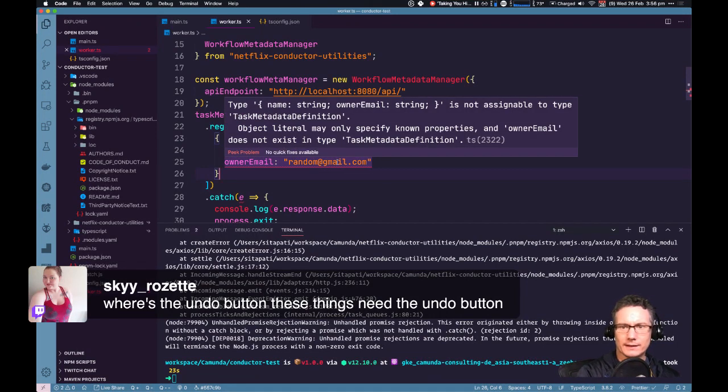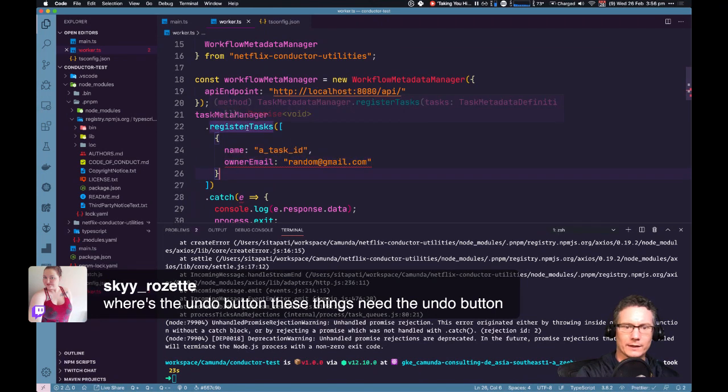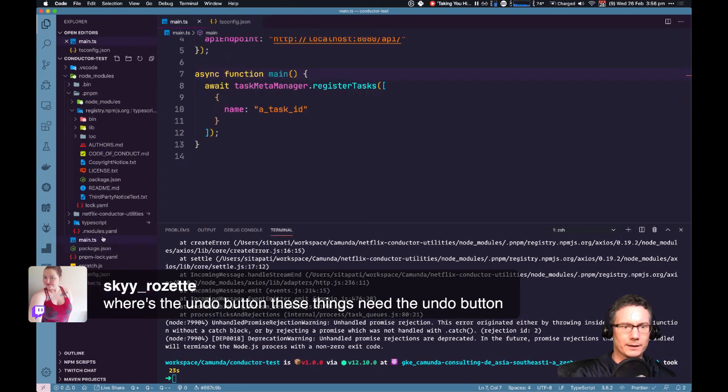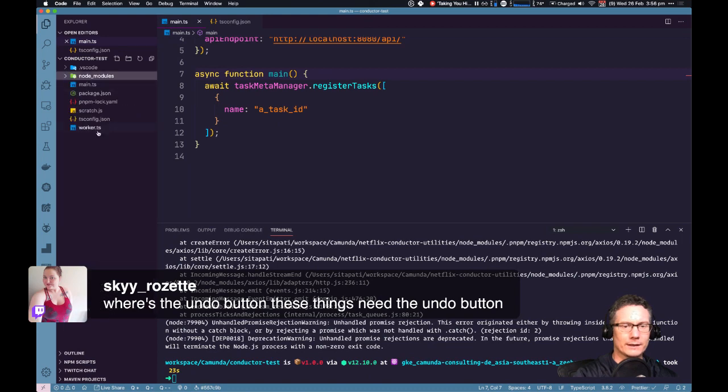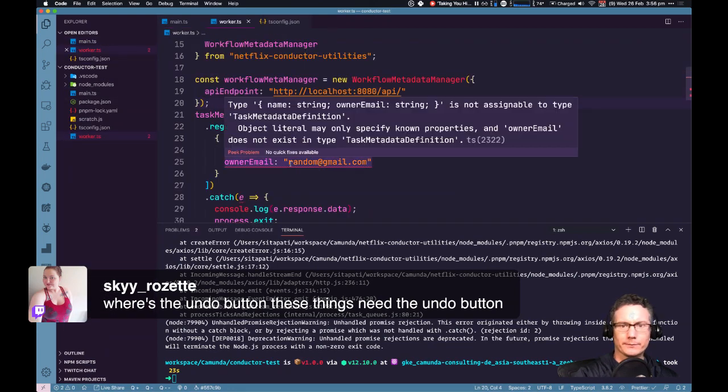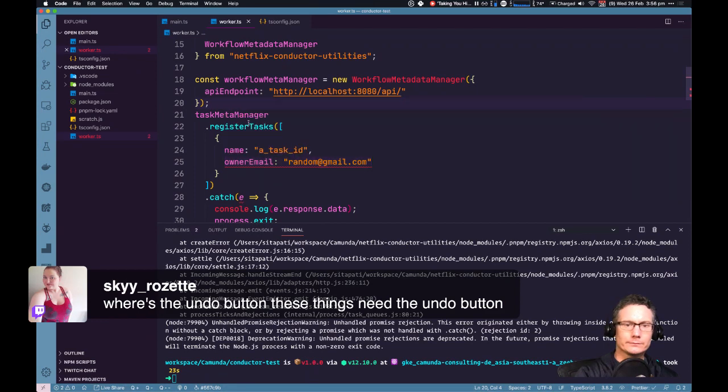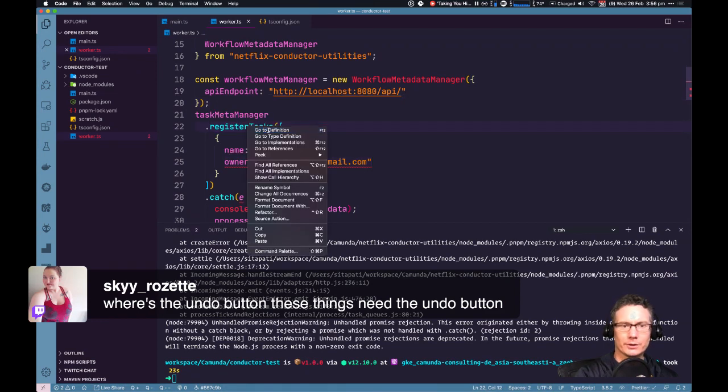So task metadata definition owner email does not exist on that type, but it does. I think if I close this and reopen it, it'll pick up the latest typing. Worker.ts. Nope. Go to the definition.